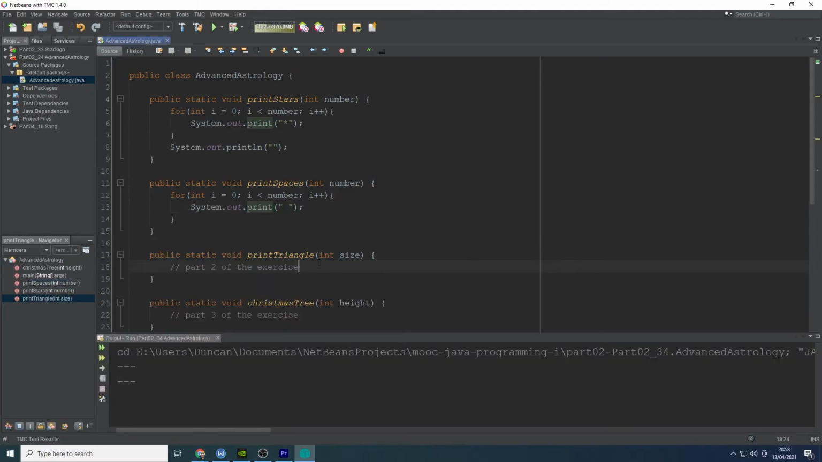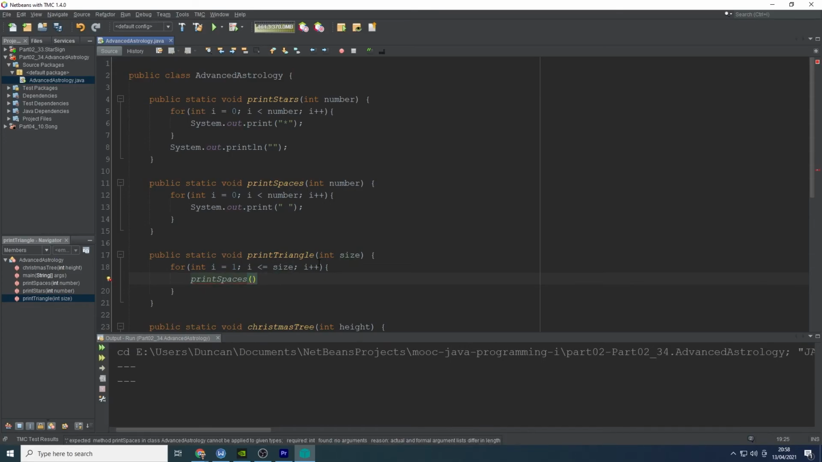So in print triangle we are going to use another for loop. So for int I equals 1, I say quizzically, I is going to be less than or equal to size, I++, and then what we're going to do is print spaces, and that's going to be size, no it's not. What's it going to be? Yeah, it's going to be size minus 1,